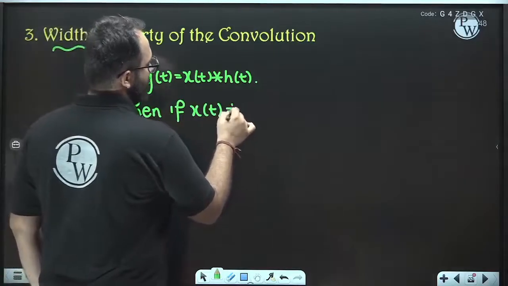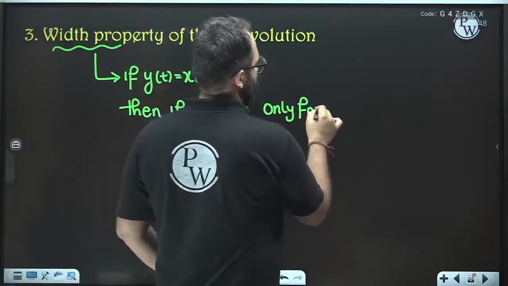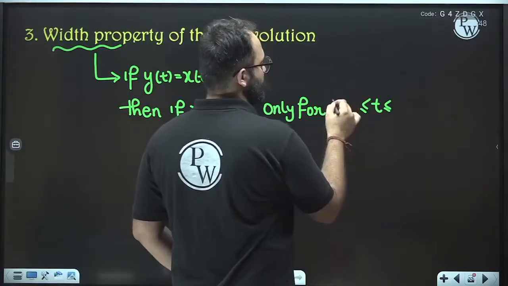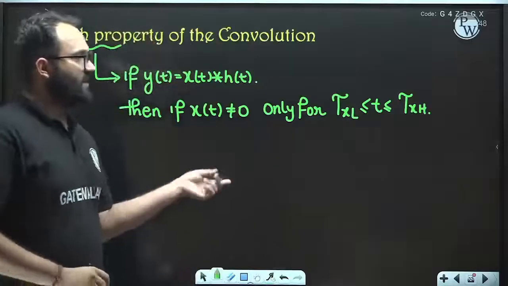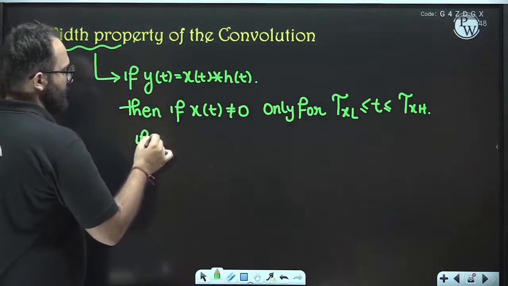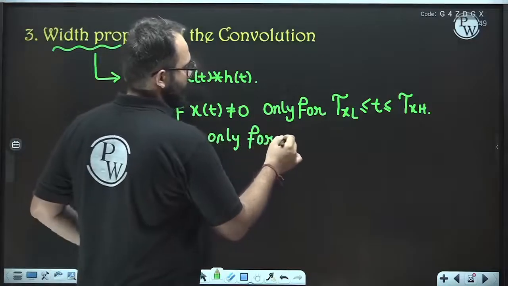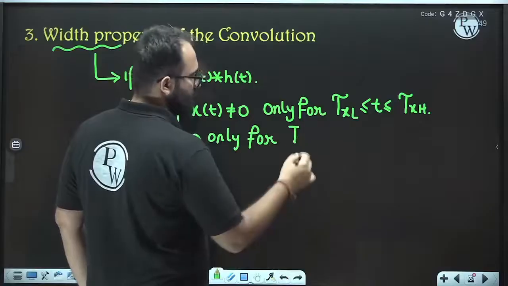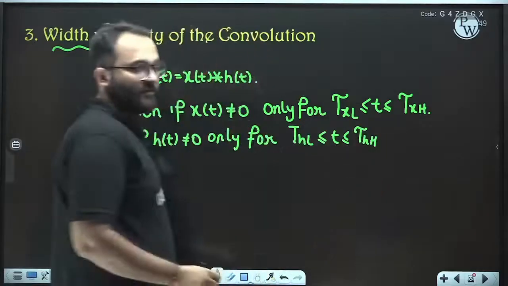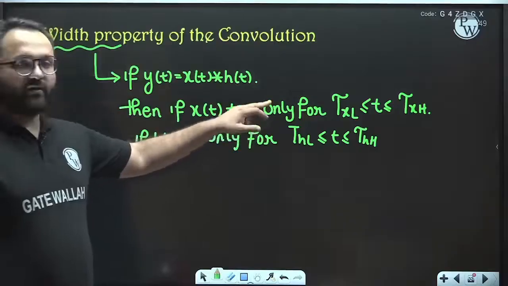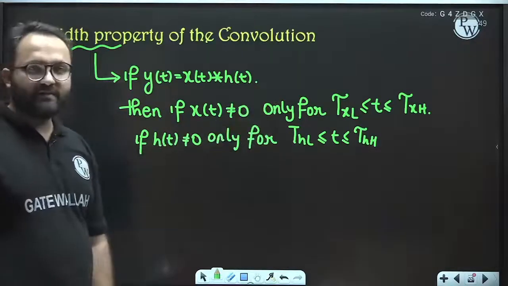if x(t) is non-zero only for time range TXL to TXH, and if h(t) is non-zero only for range THL to THH, means we have the lower limit of time and the upper limit of time. So the lower limit for x(t) is TXL, upper limit is TXH, lower limit for h(t) is THL, upper limit is THH. Then